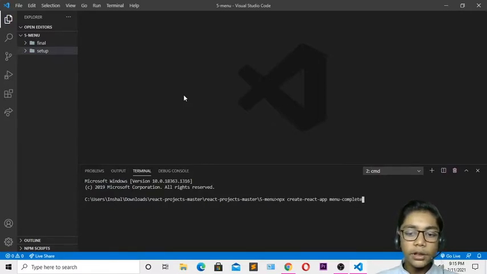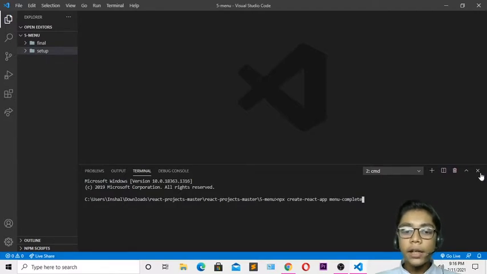When you've done that, you have to write a dot. Do not forget that, and press enter, then your React app will be created. It will take some time, so you have to wait till it is creating. Take care of that: write npx, don't write npm. If you write npm, it will not work and it will give you an error. So take care of that.